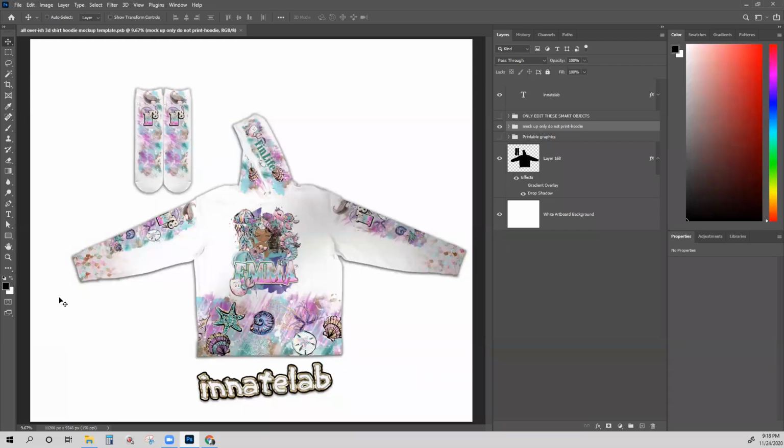I'm showing you kind of two extreme examples, and I will probably end up making an alternate template of this with what we're doing just so that it looks different. So right now, I want you to imagine that you have to change this to whatever theme you have to change it to. In this case, we have a little mermaid, maybe like a birthday theme, or maybe just mermaids are somebody's theme. All right, so what I'm going to do is go into the only edit these smart objects,